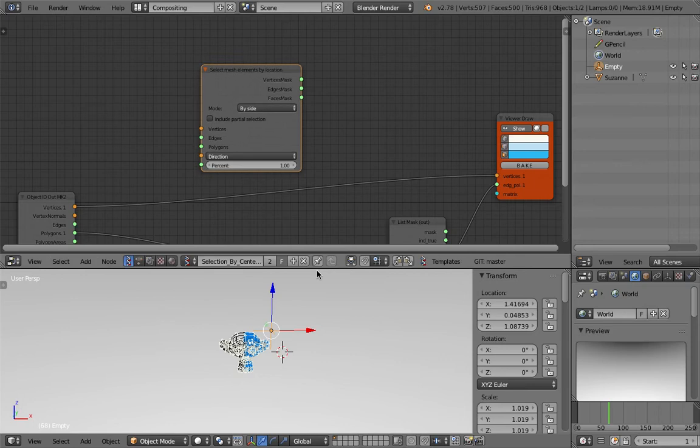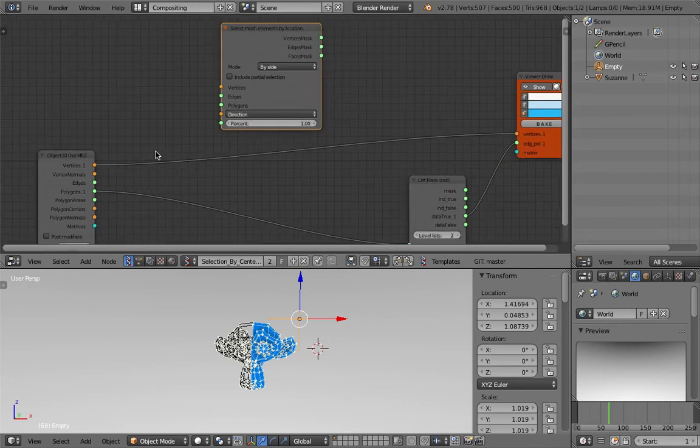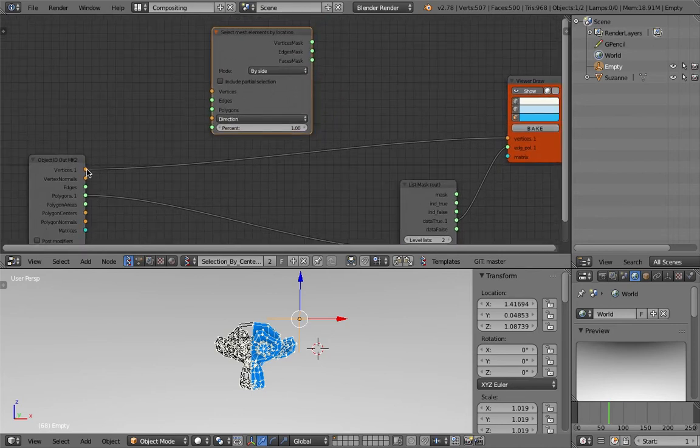Select by side is basically based on the direction. By default the direction is in the z-axis. You will see once I plug the vertices and polygon